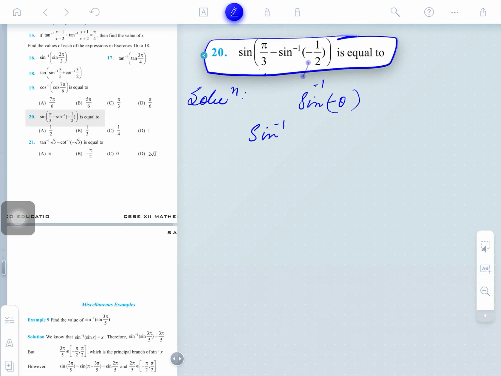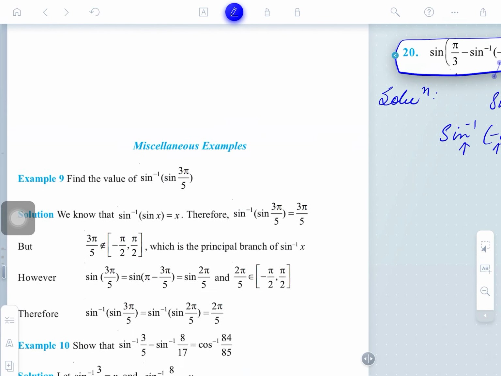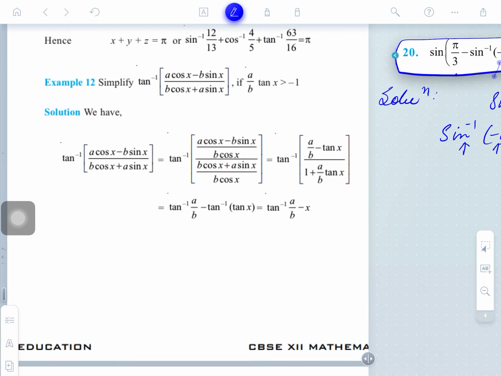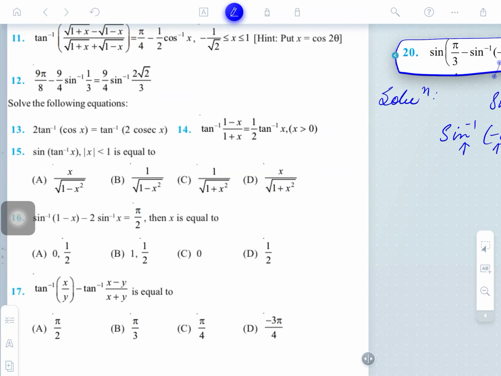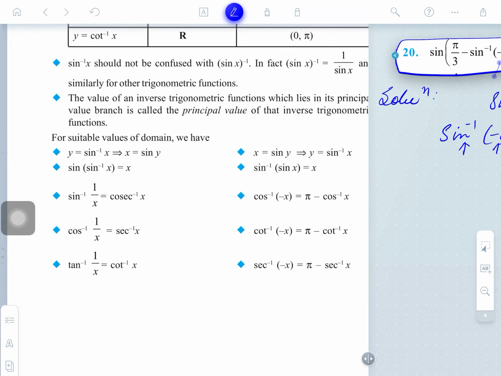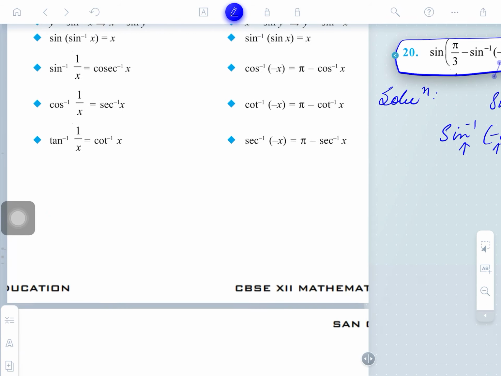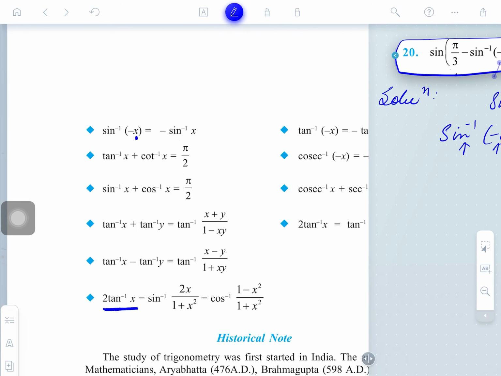Have we studied the pattern sine inverse of minus theta? It means that for the inverse function, if the domain is made negative, what happens? The minus of this happens here. If the negative of the domain is taken, the range will also become negative. Is this true here? For your confirmation, I just want to tell you the identity. I just remember it, but you have to confirm for yourself. You may see this is the identity. These identities are here: negative of the domain, so the range becomes negative.